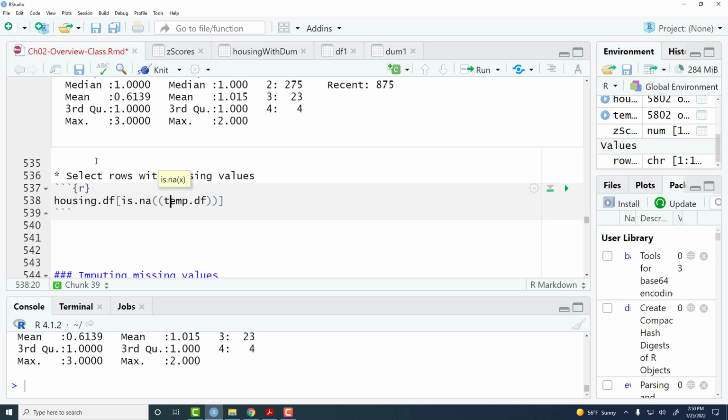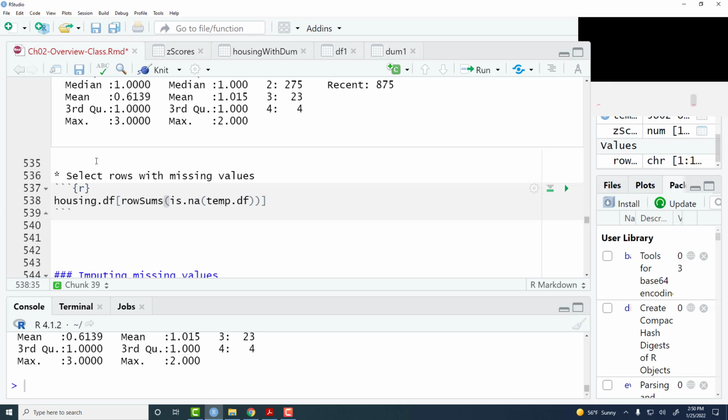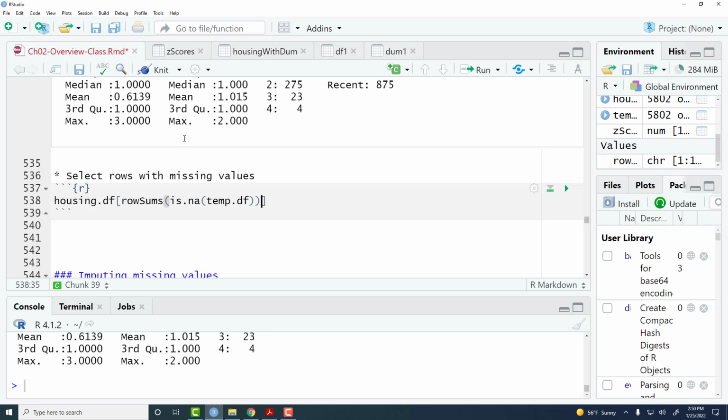Well, again, we can sum this. So that's going to sum each row. The values will be converted into is NA or not, true or false. Then you sum them, and if it is greater than 0, then there is a missing value in that